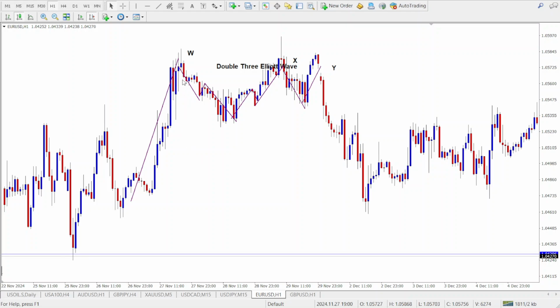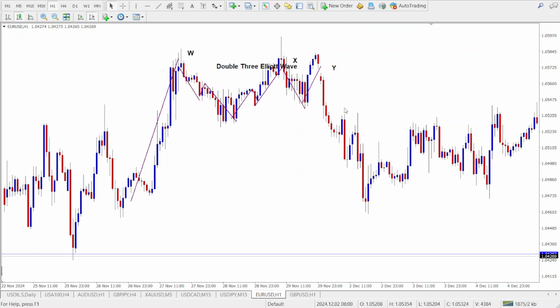Just note that you have zigzag movements, and the Double Three Elliott Wave usually occurs within a consolidation phase. So let's quickly go to the third correction, which is labeled Y. Like the W wave,